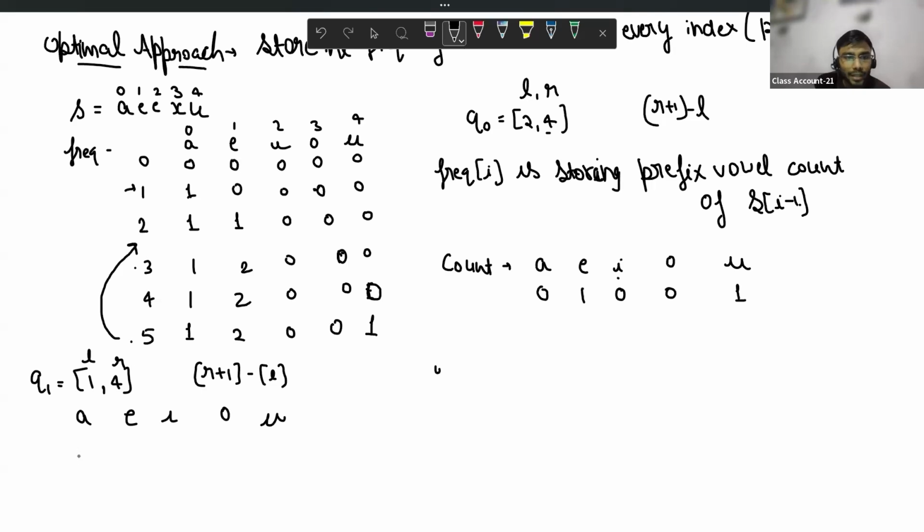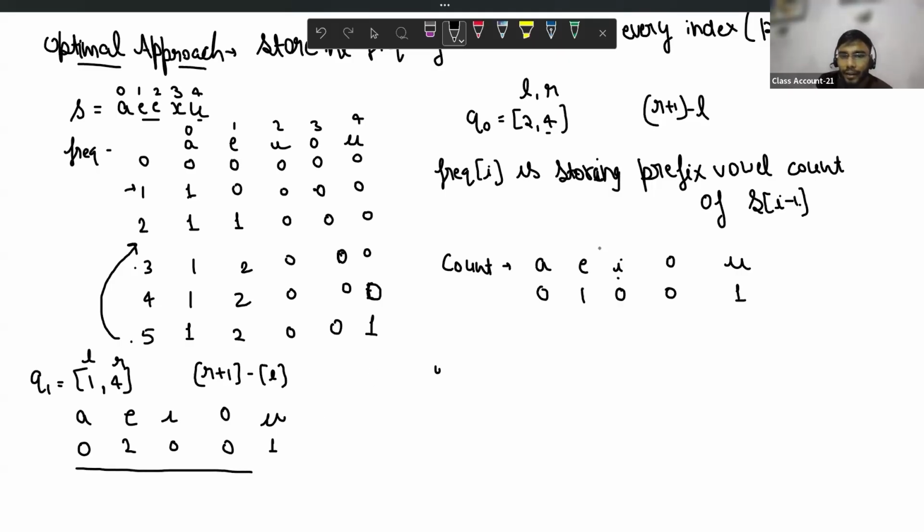For A, 1 minus 1, it is 0. For E, 2 minus 0, that is 2. Then 0 minus 0, 0 minus 0, and 1. You can see the frequency of E is 2 here and U is 1. And it is stored in my array.